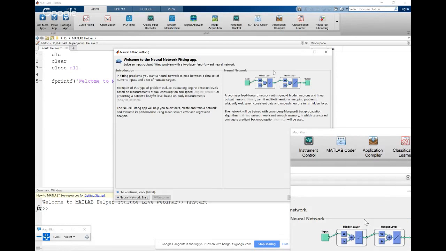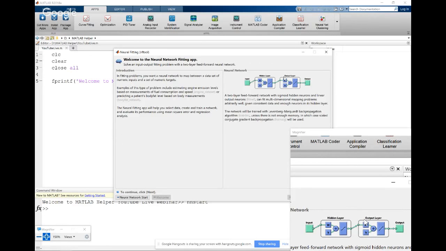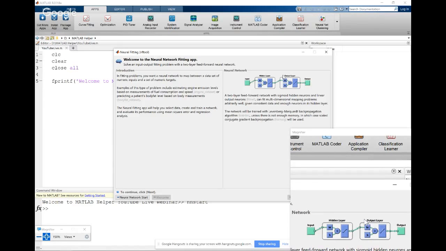This is the two-layer feed-forward network with sigmoid hidden neurons and linear output neurons. So basically this is the neural network architecture consisting of input, hidden layer, output layer and the output.